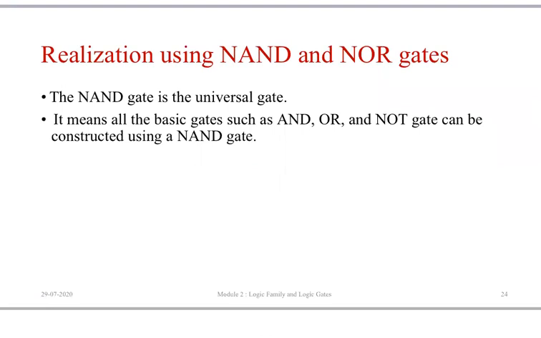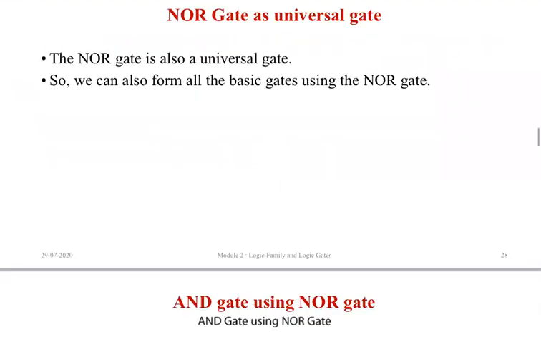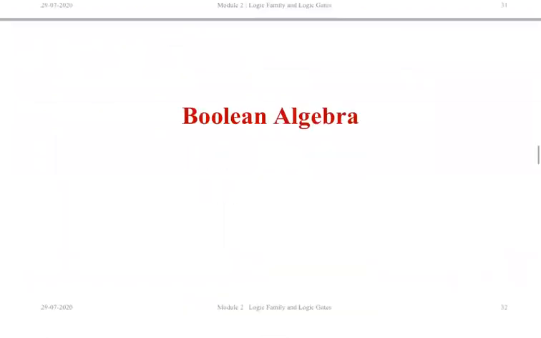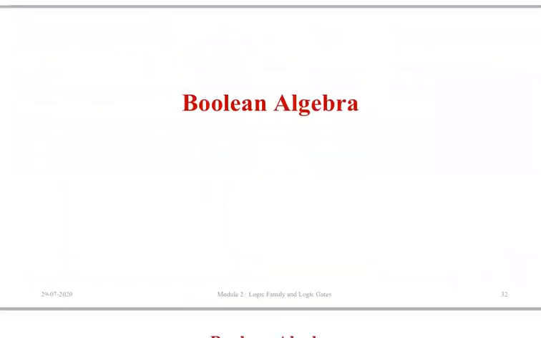So today we will start with a new topic, because for all these expressions you need to know the laws. Otherwise, that derivation you will not understand, how we are making other gates using NAND and NOR. So Boolean algebra you have to understand, because many reduction numericals are asked on Boolean algebra. And once you understand Boolean algebra, you can reduce. I can give you a very big equation and tell you to reduce it.